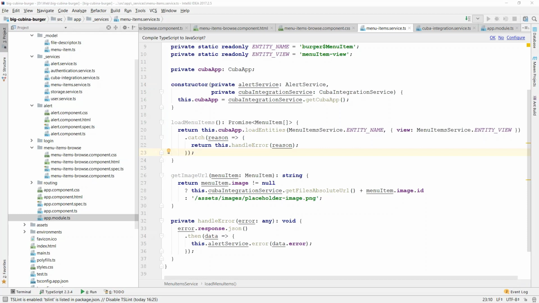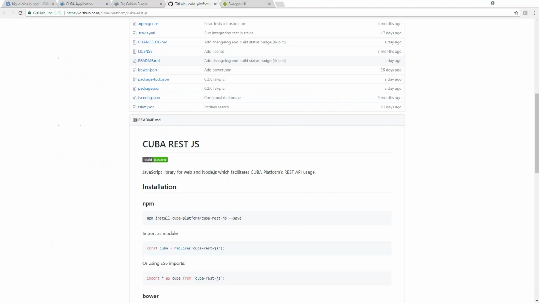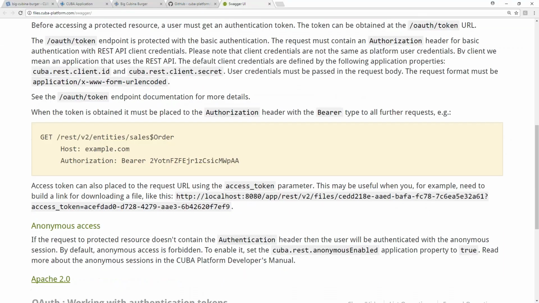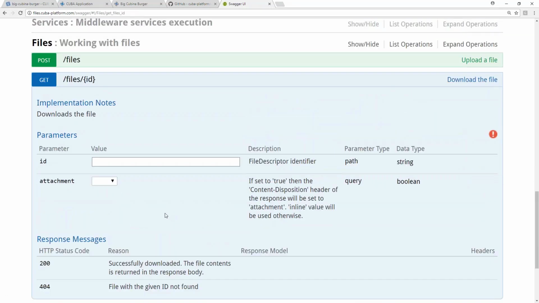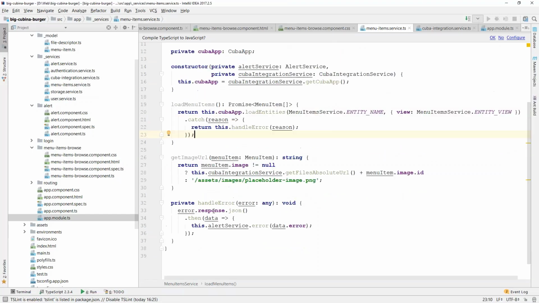Okay, let's open Swagger and go to the files section. According to Swagger documentation, a file represented by the file descriptor entity can be obtained at the files ID path. Our getURL method returns either the URL to obtain file from the Cuba app or just placeholder URL.